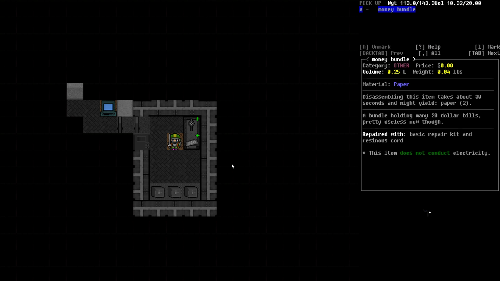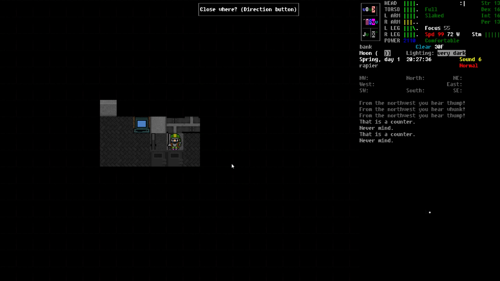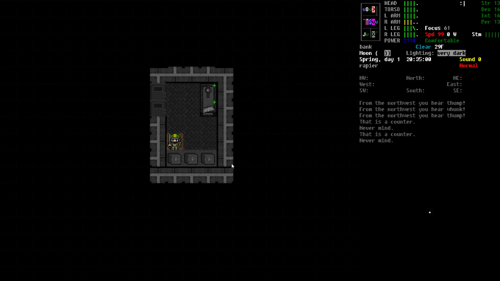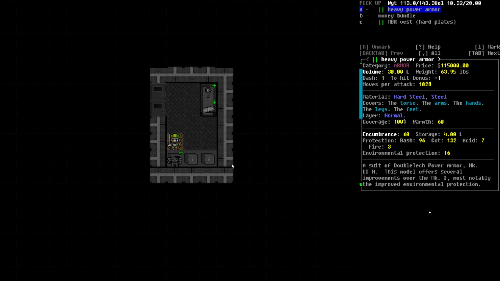Alright, don't care about a fancy watch or a money bundle. Let's actually close this up behind us. And crack some safes. What do we got? Heavy power armor! That's the reason why we're here, but we already have a set of heavy power armor, so...